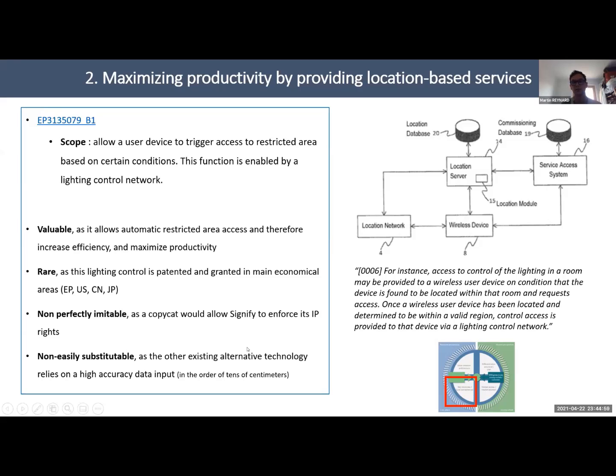This is directly a service that is linked to the digital environment that is allowed by the smart lighting system. What we can say more on this patent is that at the end, it's creating a valuable resource for the company. It's valuable because when we are managing this automatic access to restricted areas, it's an increase in terms of efficiency and therefore it maximizes the productivity, which is our use case here. As the patent is granted in the main economic areas in Europe, the US, China, and Japan, it makes this resource rare. So it's tough for the competition to propose similar alternatives. This is why it's also non-perfectly imitable,